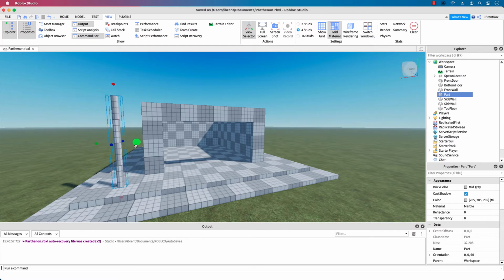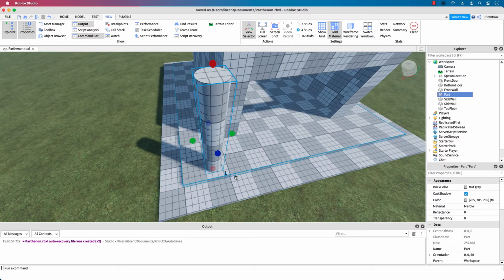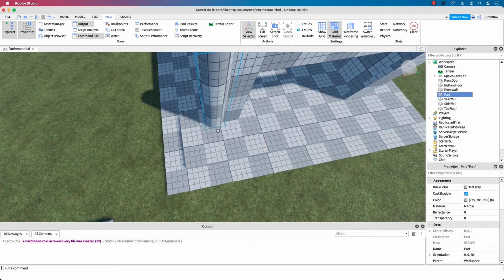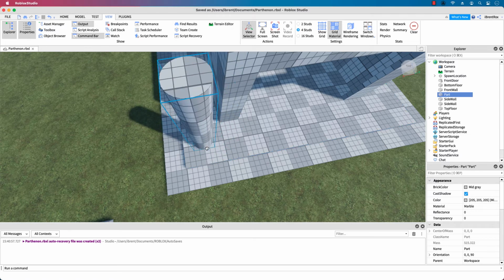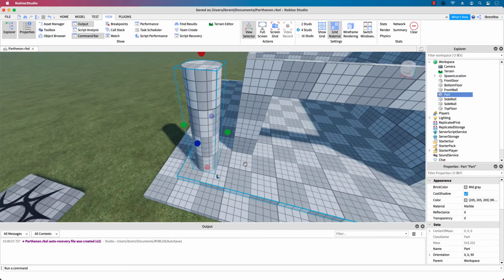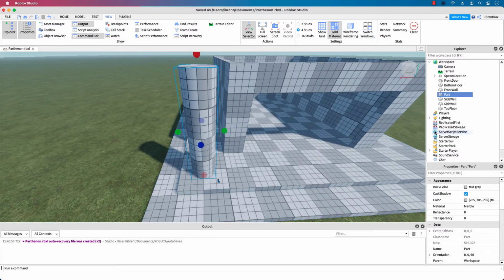Now I want to scale this out a little bit, and check this out. If you focus in on this guy and then pull back a little bit, when you scale, you can then see where it fits on the grid. And now notice how it fits on the grid, and now I'm kind of centered on that little intersection, and so now it kind of has a nice geometric shape location. Okay, let's go ahead and give this a name, and we're going to say column,